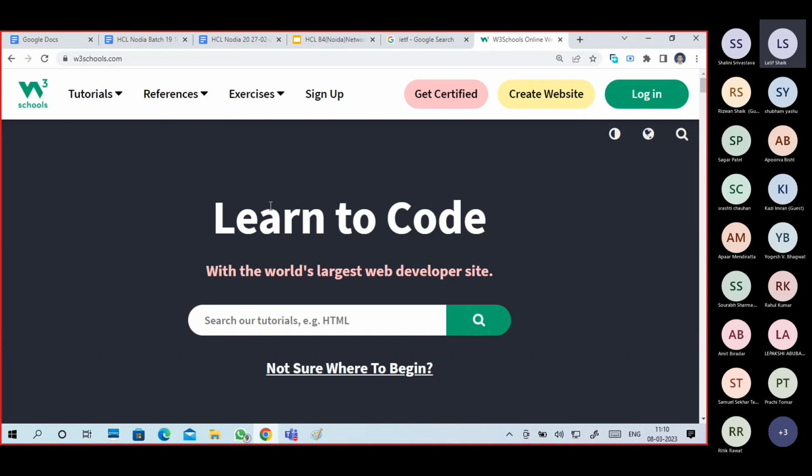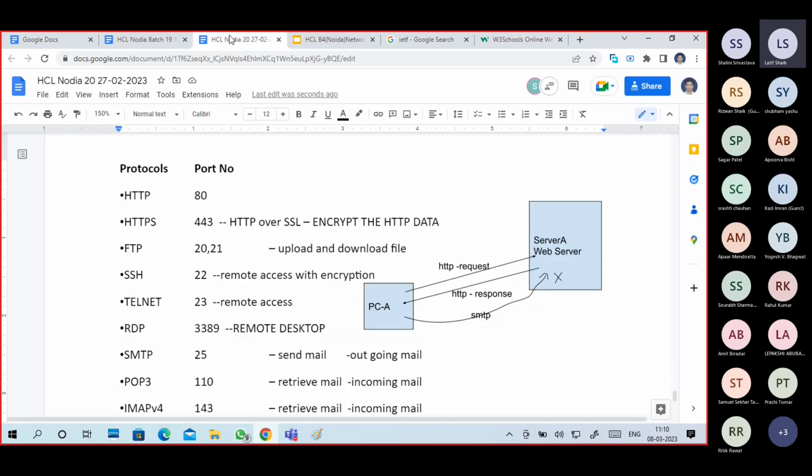In the HTTP protocol, data is not encrypted. In the HTTPS protocol, data is encrypted. It means if someone is trying to catch your data, someone is trying to see what you are sending and receiving.